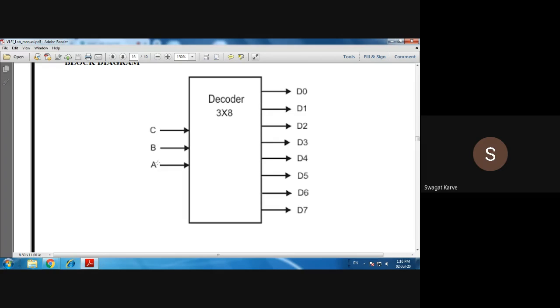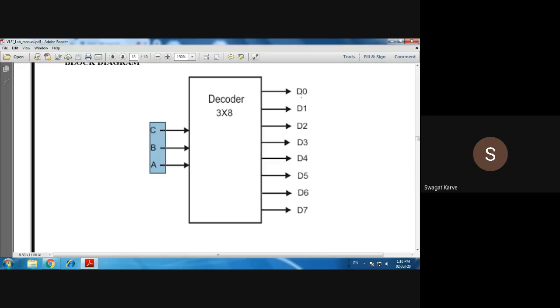If 1, 0, 0 is the sequence, what output will you get? D4. D4. Okay,